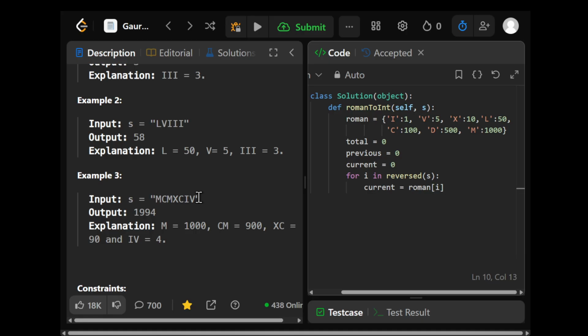now we will take if current is smaller than previous, total is equal to total minus current. Why are we doing this? Because if C is smaller than M, we will join it and subtract 100 from 1000 to get 900 like this,